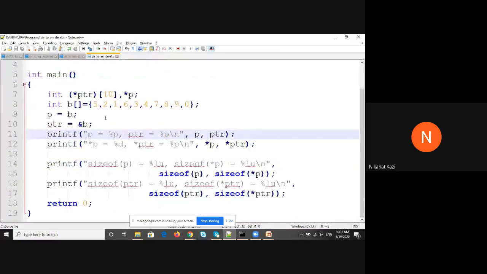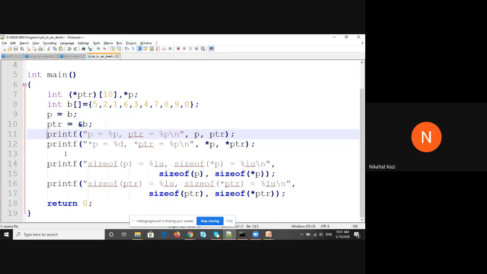This is our usual, the same array we have taken. Now, these are the assignments. P is B and PTR is address of B. P is equal to star P, PTR is star P. I'm so sorry, %P is for printing in hex format.